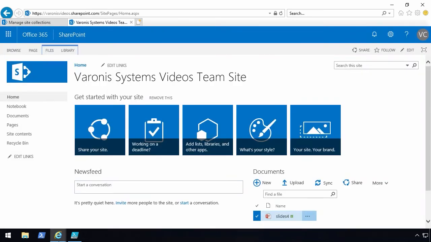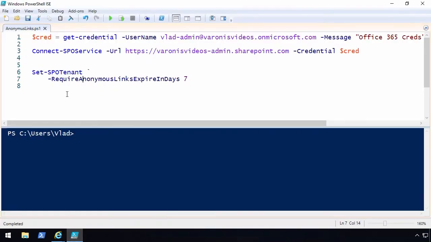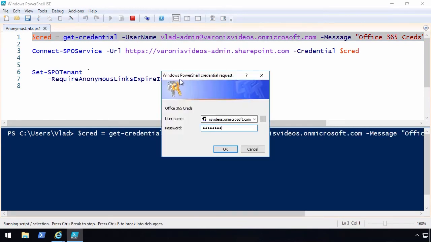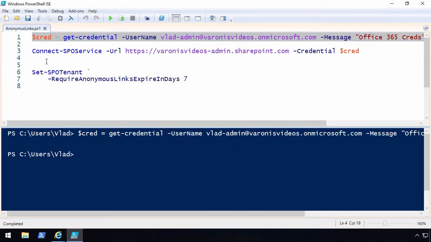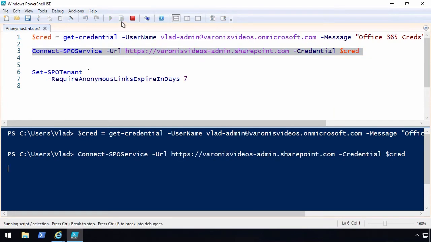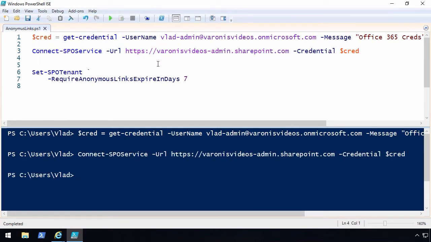So let me close this. Let me open up PowerShell ISE. The first thing I will do is get my credential so I can log into Office 365. I will connect to the SharePoint Online Admin Center using PowerShell. So Connect-SPOService, give it the URL of the SharePoint Online Admin Center and the credential that we just